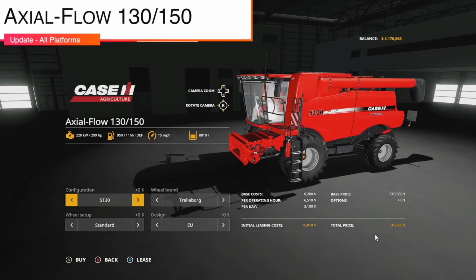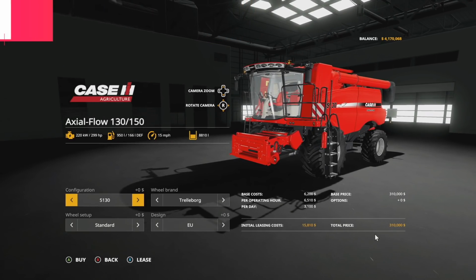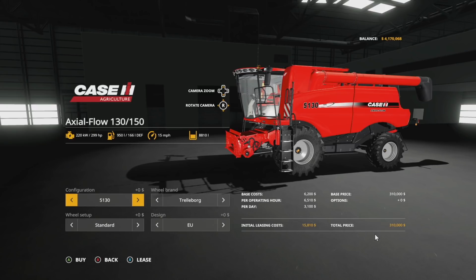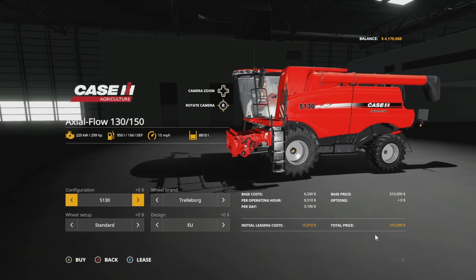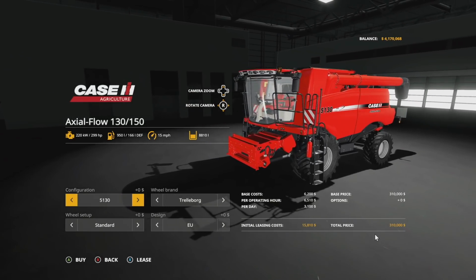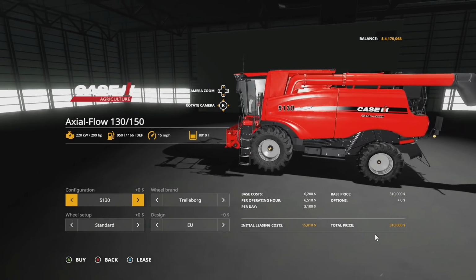Next up, we got something real neat for you. We have an update to the Case IH Axial-Flow 130. Now, this is actually going to be the 130-150 pack. Version 1.1 from Matt26, one of my favorite modders, even going back into Farm Sim 17. 299 horsepower, 950 liters of fuel, 15 miles per hour,